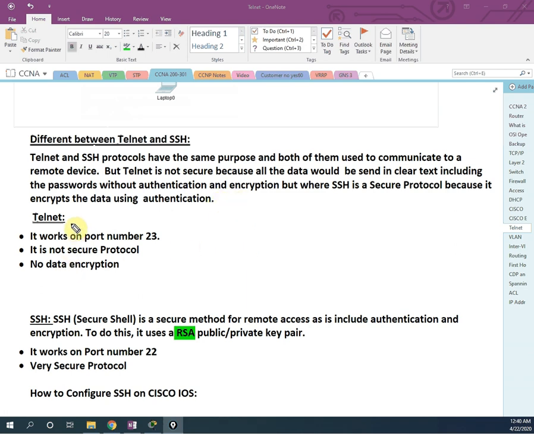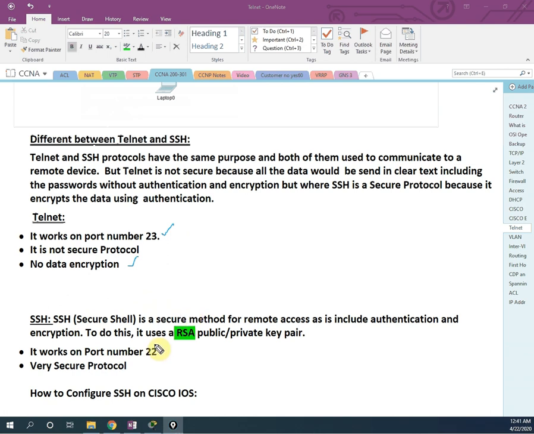So let's see some properties of Telnet, then we will see SSH. Telnet works on port number 23. This is an interview question. Remember, Telnet works on port number 23. It is not secure, no data encryption. And SSH, that is Secure Shell, is a secure method for remote access as it includes authentication and encryption.